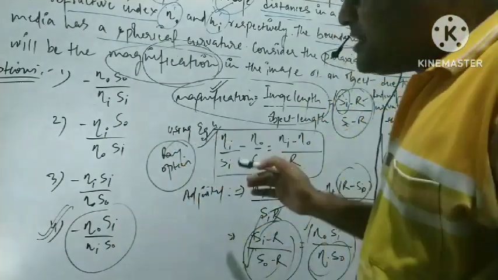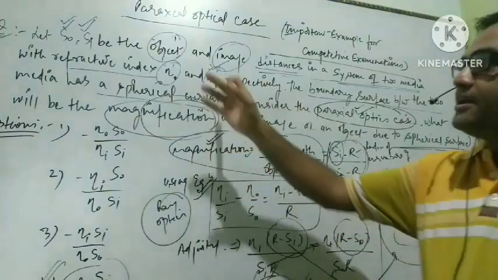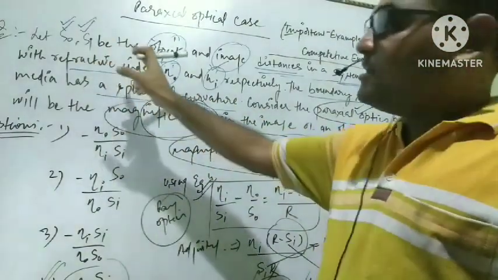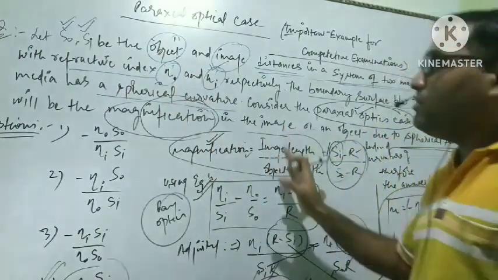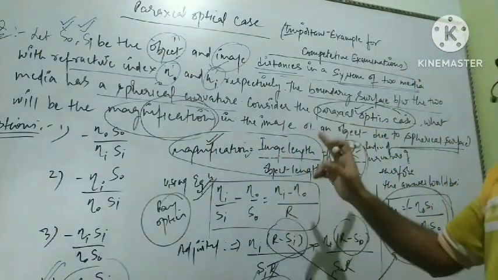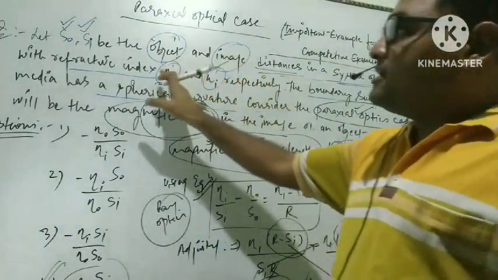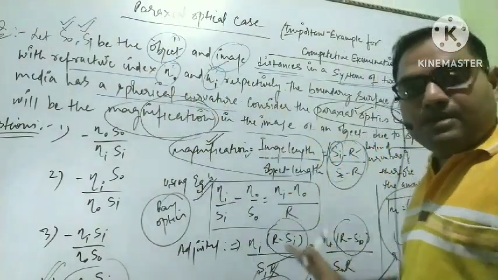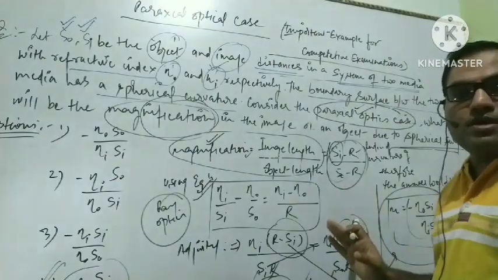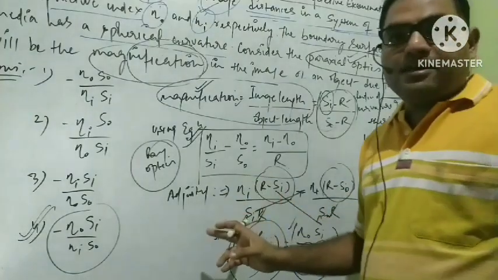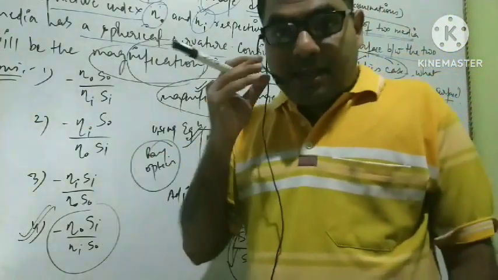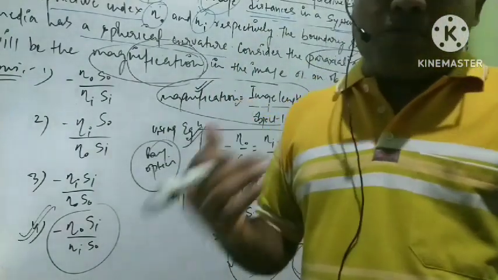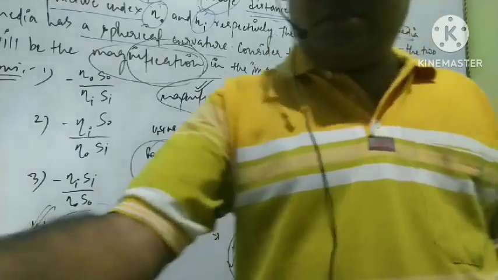Now, if we know the basic data like the distance of the boundary from the object as well as the image, we can compute the magnification from that as well as from the refractive indices. This question exhibits that portion only. I think any confusion can be resolved if you comment or approach us. Thank you for watching the video.